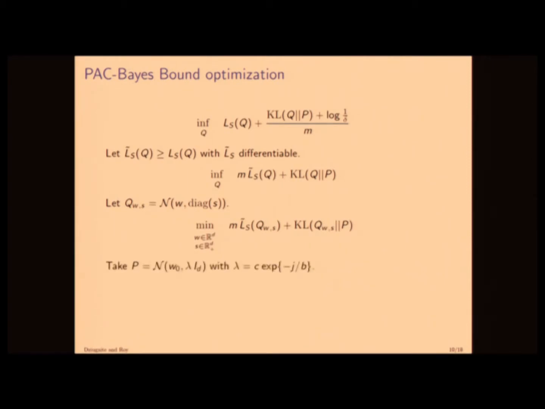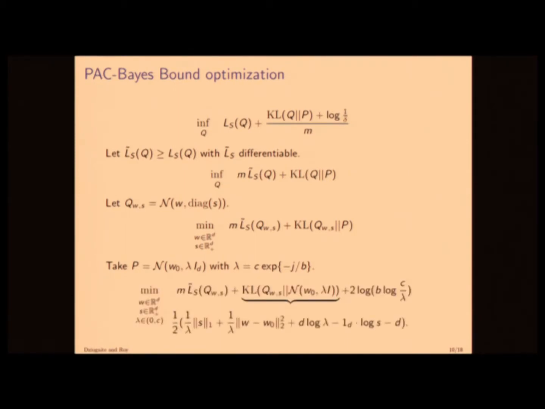For our prior, we're going to choose a Gaussian, but we're also going to put a prior over the scale of its variance. We're going to deal with that with a union bound, and so this is our optimization problem at the end of the day. For people who stare at these things for a long time, you see something that looks like L2 regularization, but we've chosen to regularize back to the initialization that we chose for SGD. That gained us, I forget, like 4 or 5 extra generalization points.